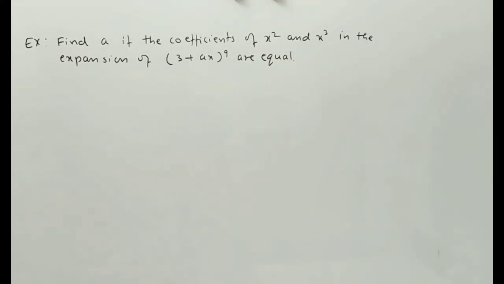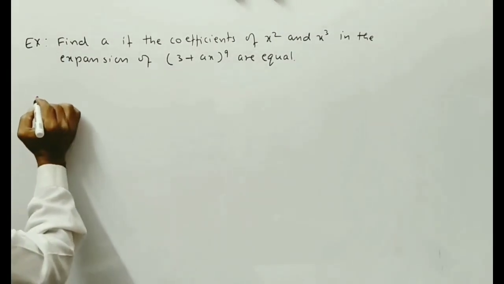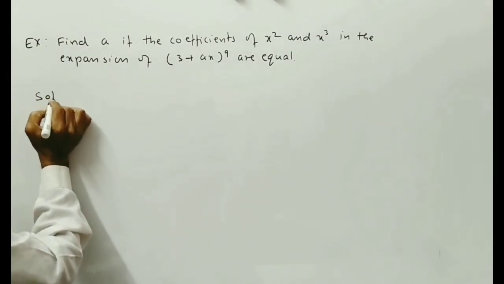Find a if the coefficients of x square and x cube in the expansion of (3 + ax) whole raised to the power 9 are equal. Solution: